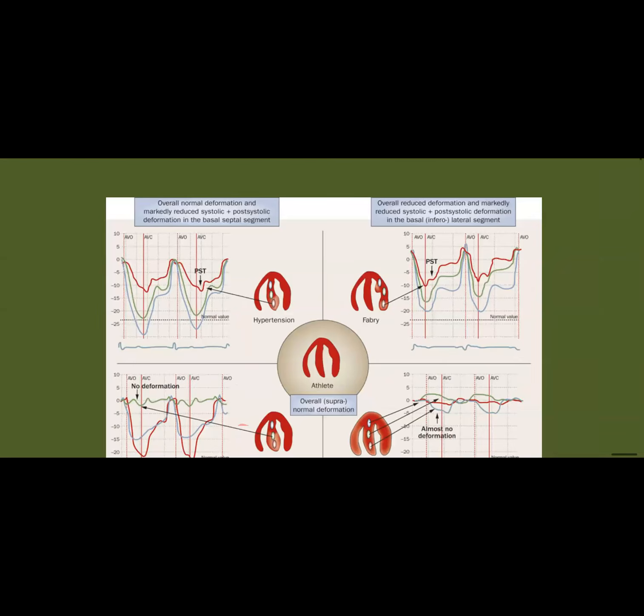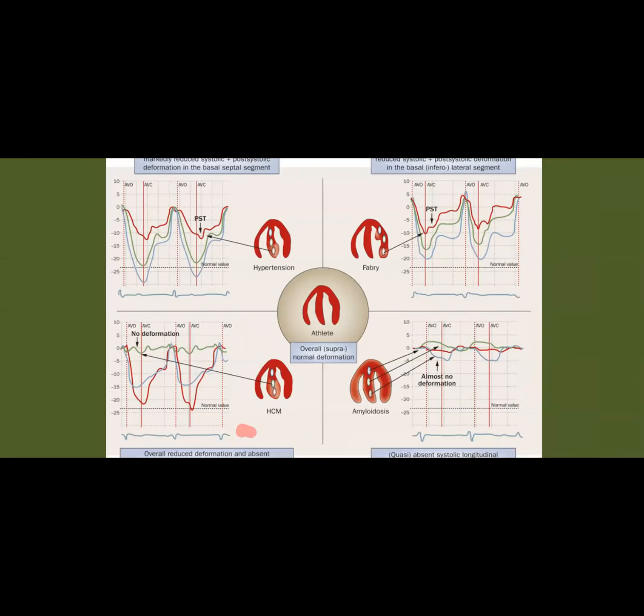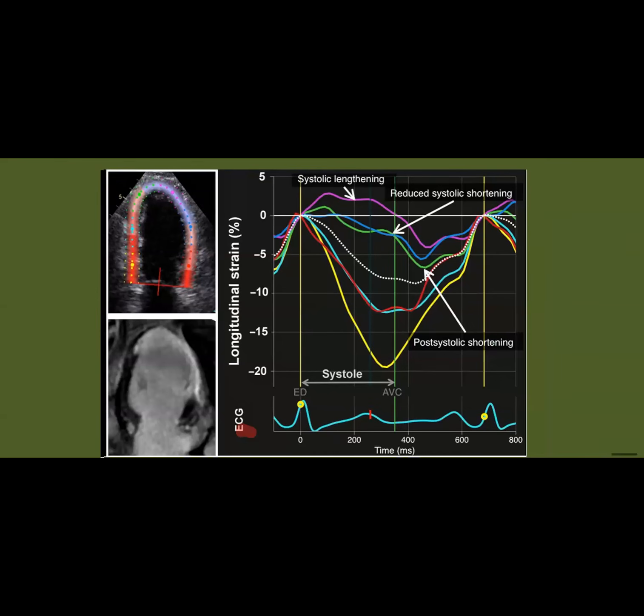Okay. Now, the strain can also tell you about different patterns for different disease entities, like Fabry disease, athlete's heart, hypertensive heart, and so on. For example, if you look at this one here, this is the strain of a patient who has